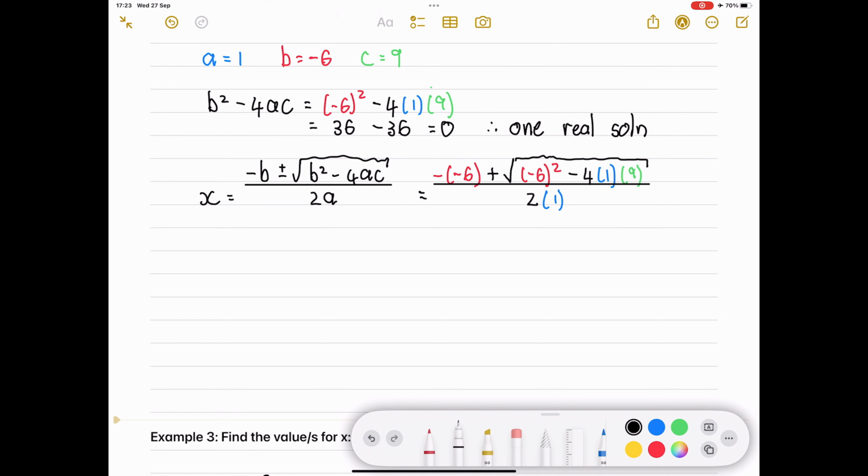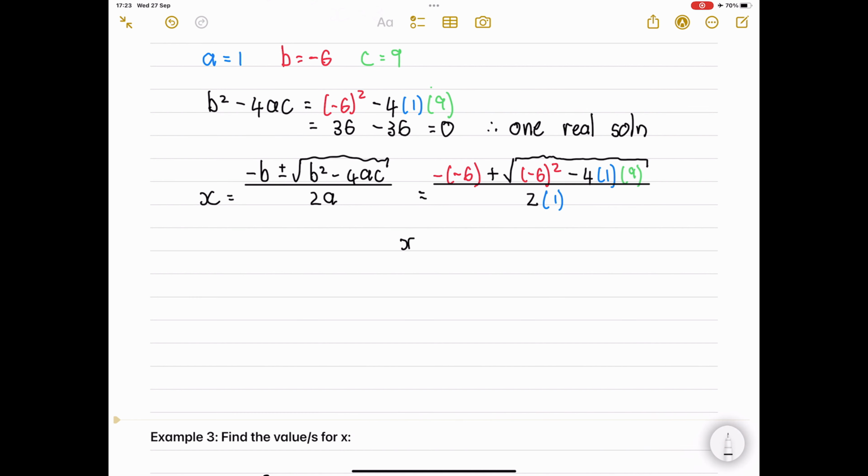So if you plug all of this into your calculator, you would get your x value as 3,